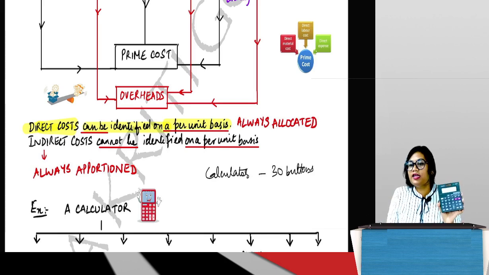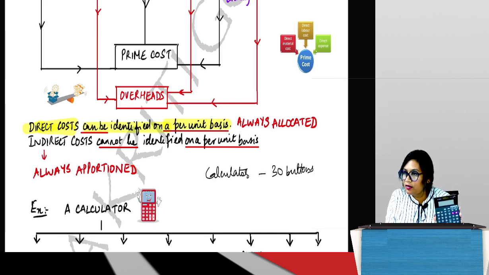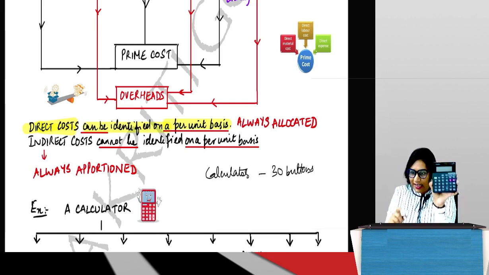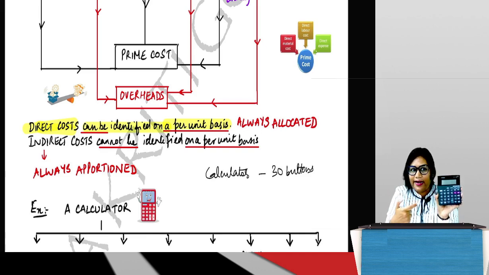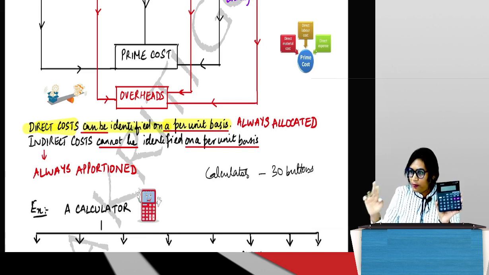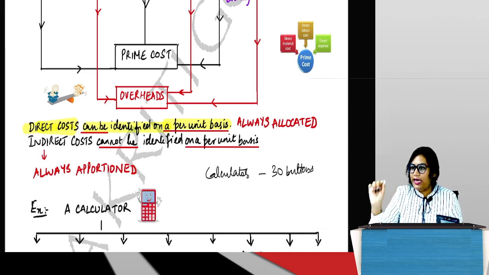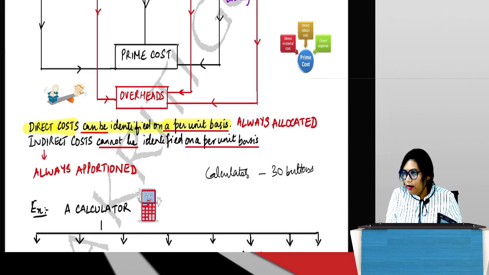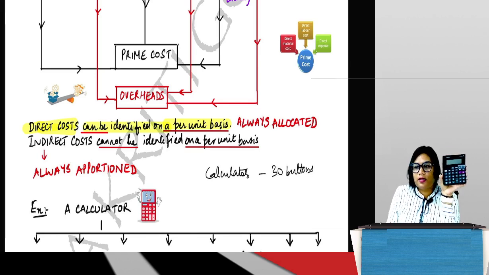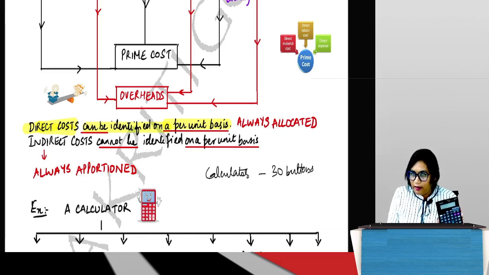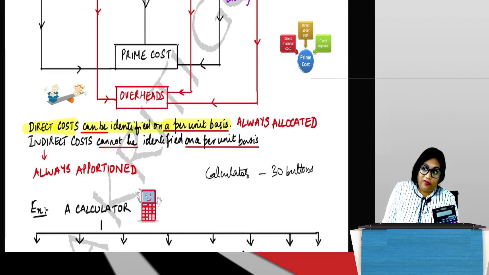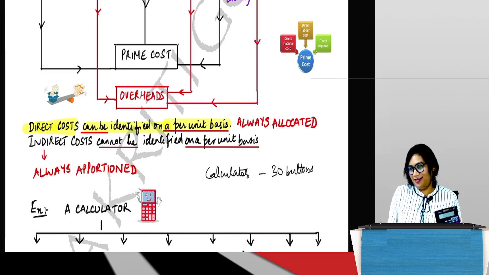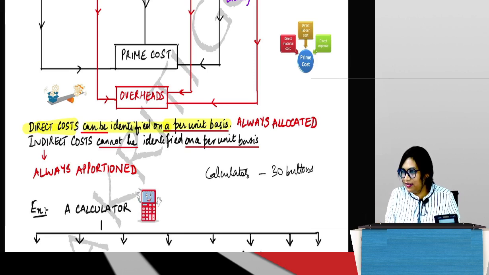I am manufacturing 3 calculators. How many displays do you want? 3. So when you see this calculator, aren't you able to identify that display? Which means, let's say, if each button costs me 1 rupee, in one calculator, how many buttons am I using? 30, which means how much will be the cost associated with those buttons? 30. You can look at the calculator and tell that to me, if you have these details, correct?